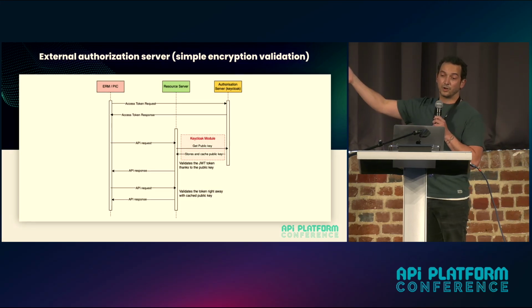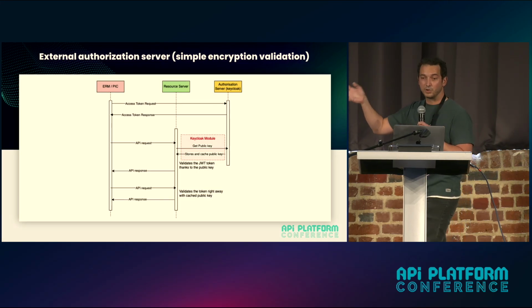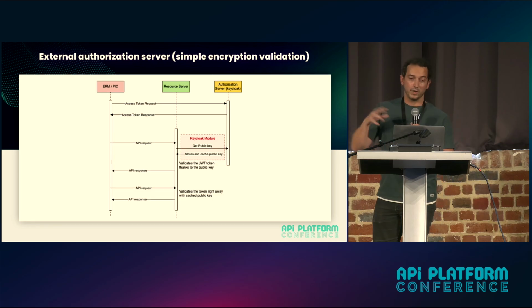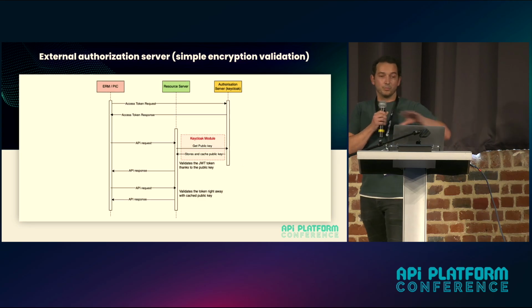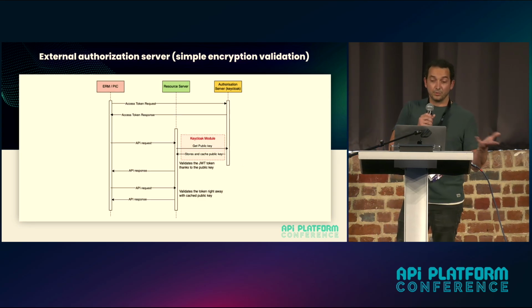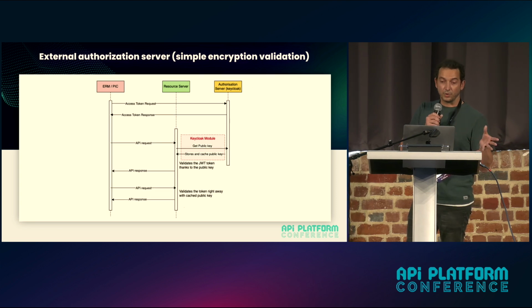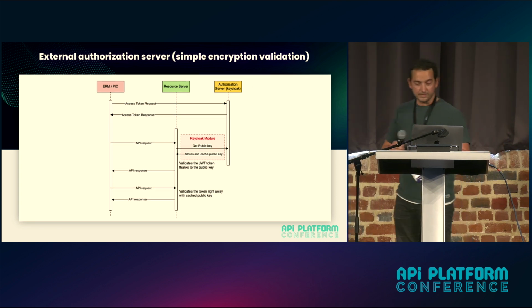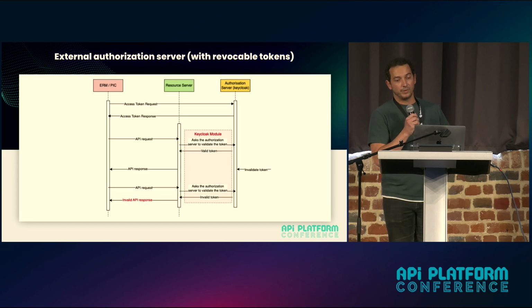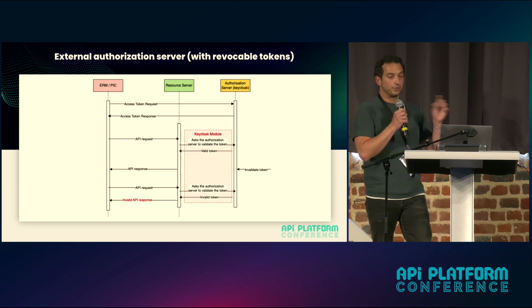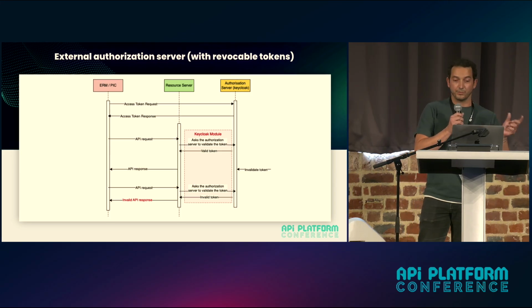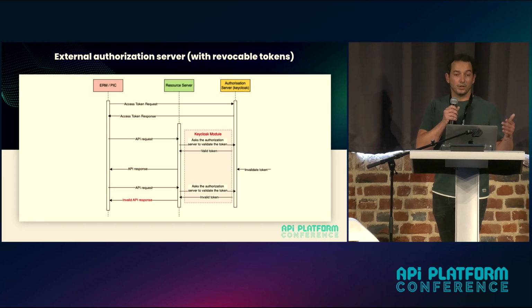The same example that I showed you earlier, this time you get your token from the authorization server, which would be Keycloak. And when you request your resource from the server, we will get the public key and check if it's valid. It was just a simple POC. And if the JWT token is considered okay, then we return the response. But we could imagine a more advanced use case where your module actually calls the authorization server back and forth every time you perform a request, just to make sure you have the correct authorization and to check that your token hasn't been invalidated.